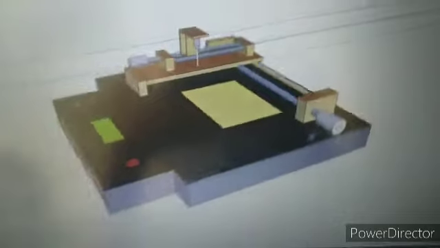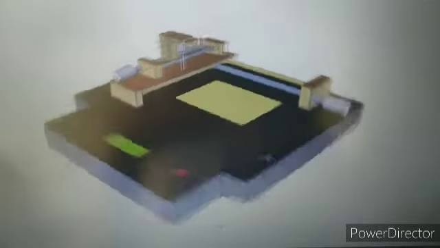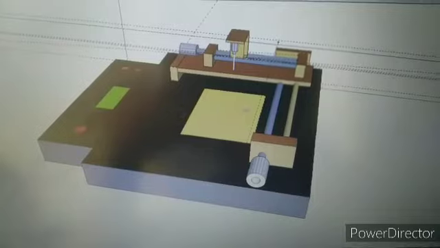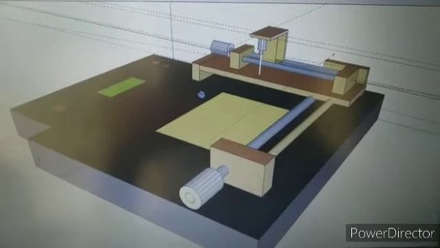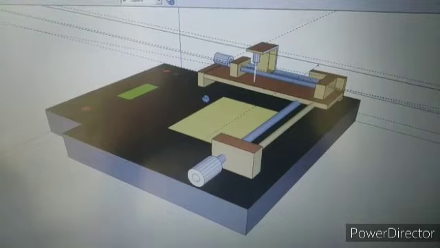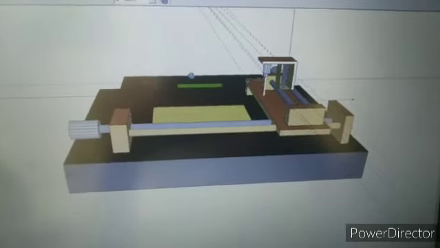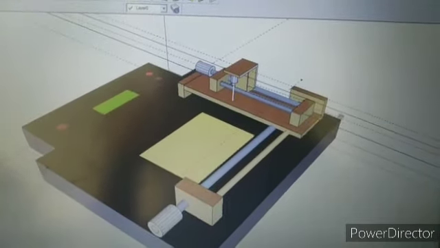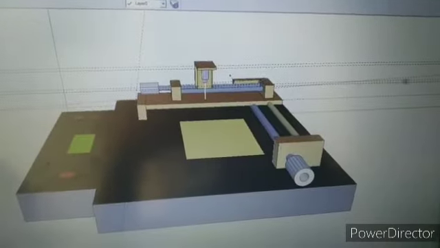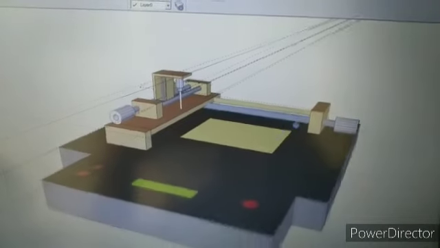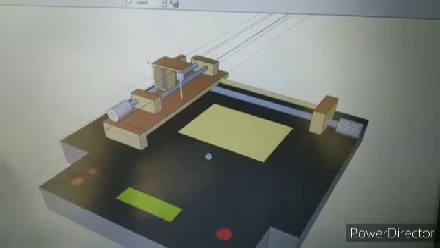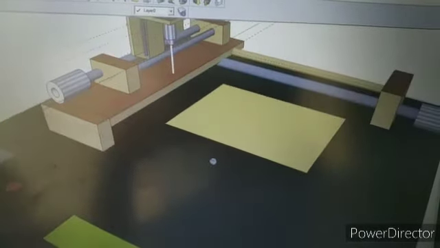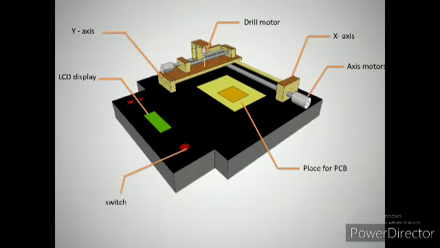This is Google Sketch, one of the amazing software to design the modules. You are watching the actual design of the machine. Our automatic PCB drilling machine has dimensions of approximately 50 by 50 centimeters. At the front side we put the LCD display to show the instructions. The X-axis and Y-axis are manufactured according to the measurements. We used a wooden plank to make the axis. The Z-axis is arranged vertically on the Y-axis, where the drill motor with a servo motor is fixed to drill at a point. In this picture, you can see all the different parts of the machine, which are labeled accordingly.